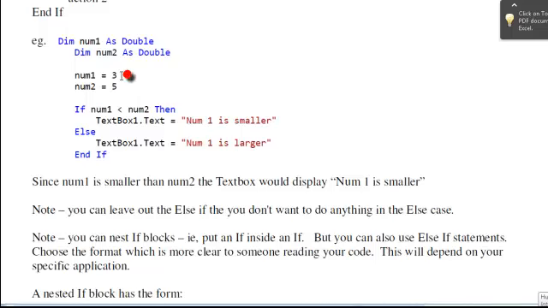So in this line we set num1 equal to 3. In this next line we set num2 equal to 5. Then we have an if statement, and the if statement is making a decision based on the condition. So the condition in this case is num1 less than num2. If this is true,